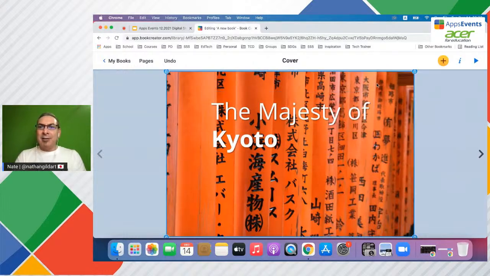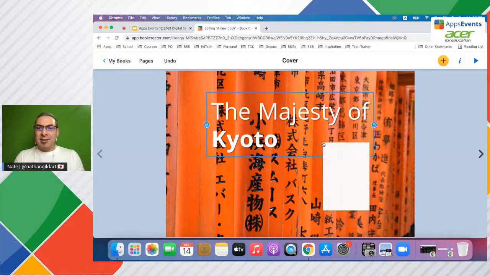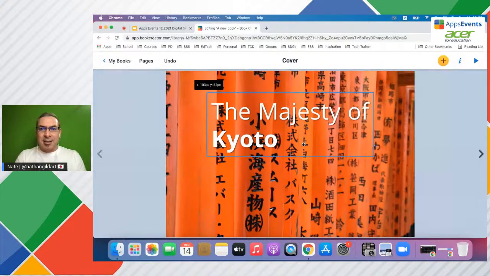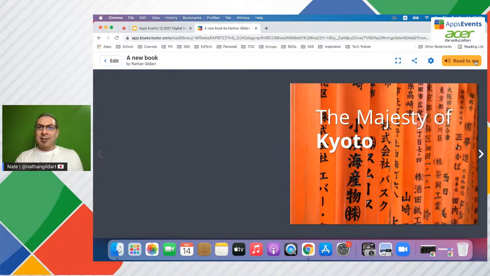So I'm going to tap out and I'm just going to right click again and I'm going to lock it because I don't want to move that. Actually, let's unlock that and just see if it's, yeah, there we go. It's right in the middle. If I want to see how it looks, I can go up to my play button at any time. And yeah, maybe I'll play with that a little bit later.